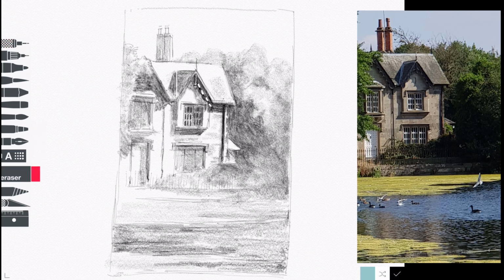So I've still got plenty of tone depth to be able to go at yet. It's still quite a light sketch. You notice there I used the eraser to just take out the barge boards on the end of